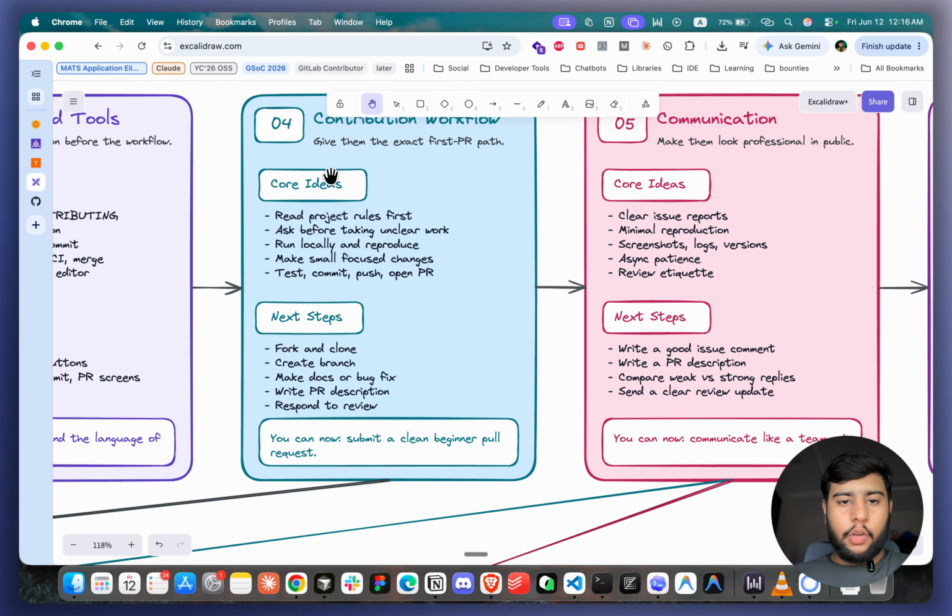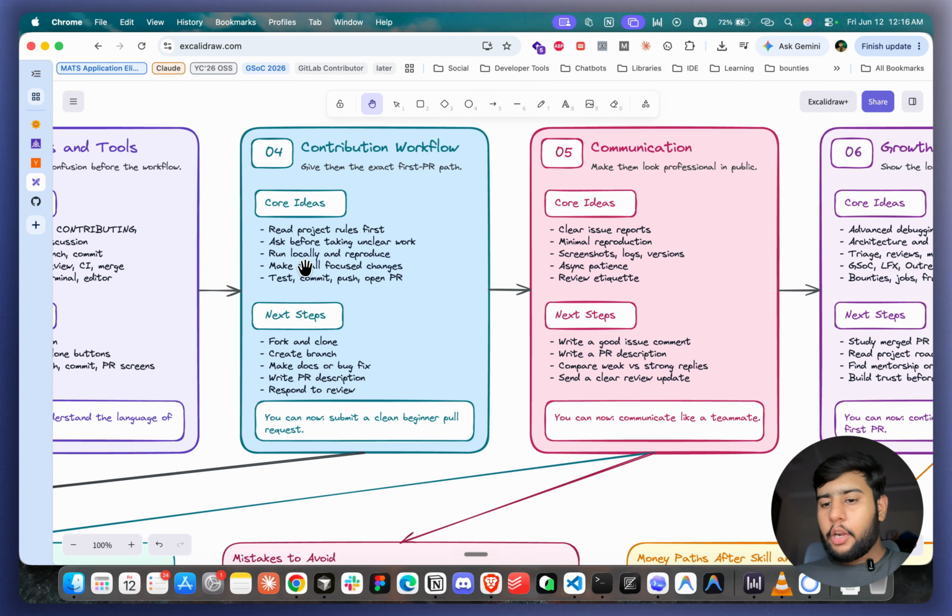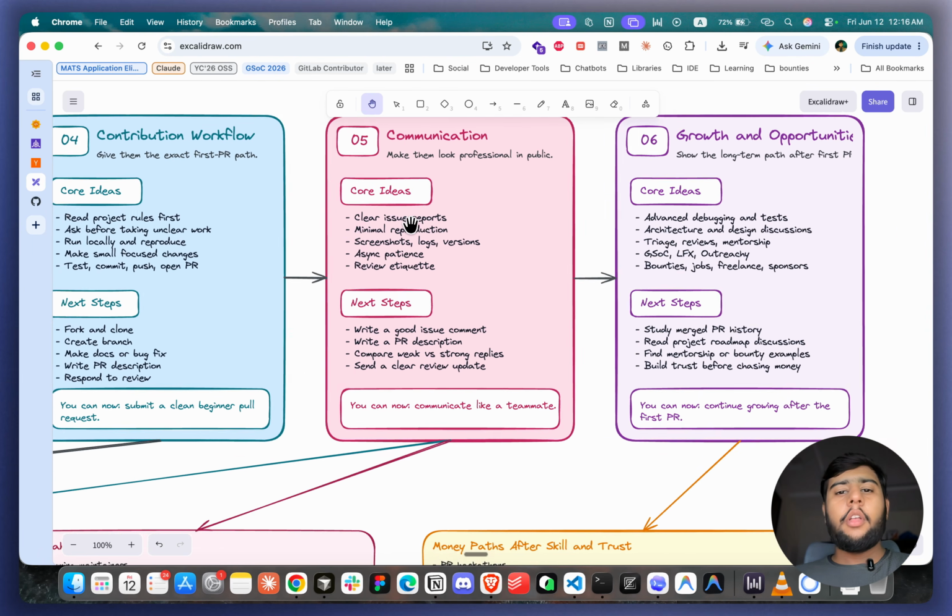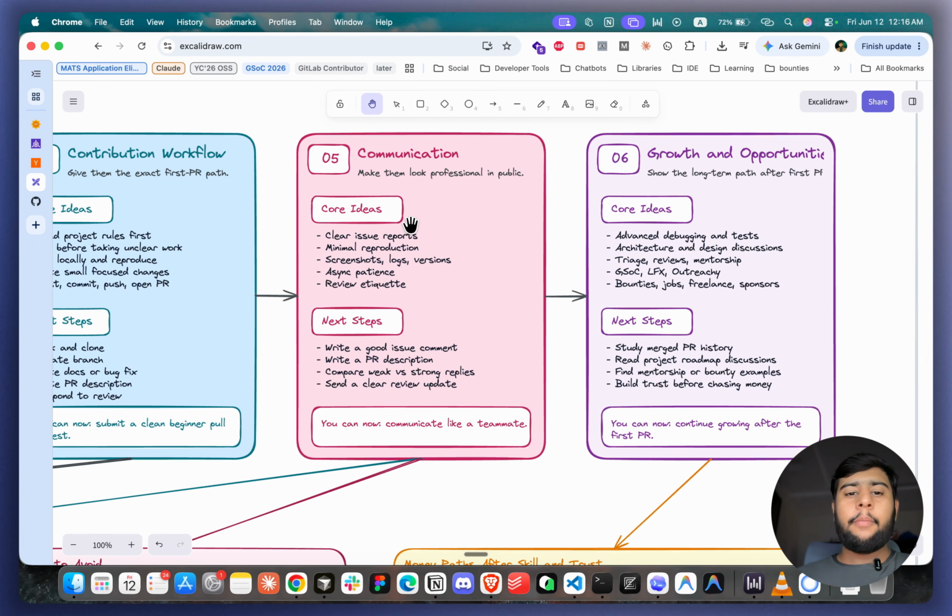whiteboard. So I have explained some contribution workflow. Next we have communication. This is the most important part in open source. You have to be a clear communicator. You have to explain everything. You are responsible for your own code, and if you have some issues about code,